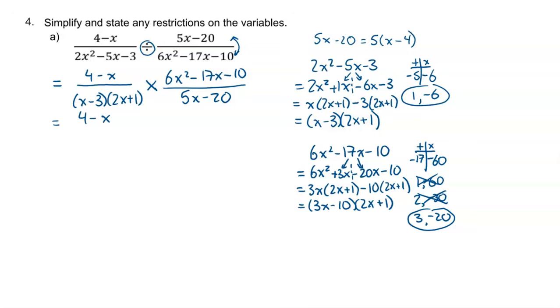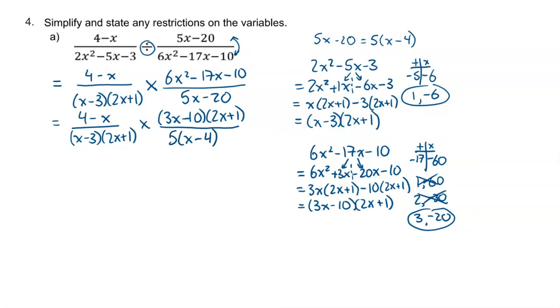So 5x over minus 20 over the 6x squared minus 17x minus 10. We flip the numerator and denominator and we get that. Now I'm going to go ahead and write that out factored. The 6x squared expression was 3x minus 10 times 2x plus 1, and the 5x minus 20 became 5 times